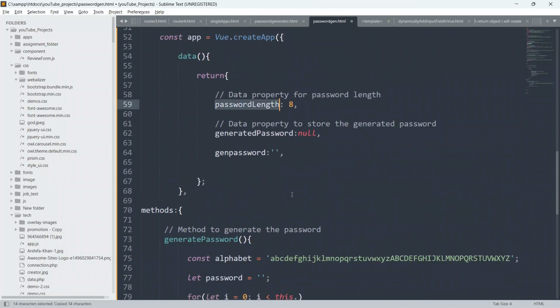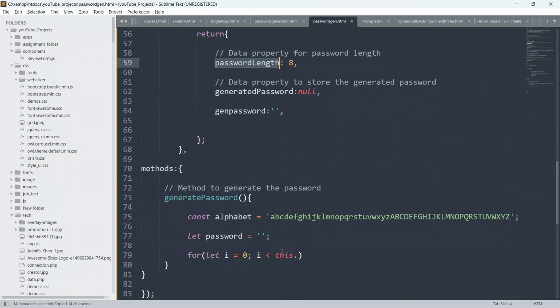So guys, whenever I say this dot password length, this dot generated password, and this dot genPassword, I will refer to the data properties: the password length, the generated password, and the genPassword, okay.